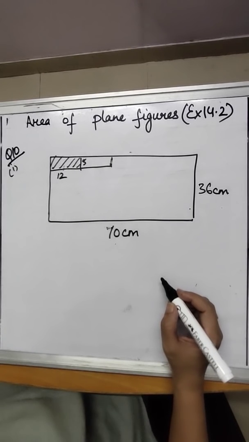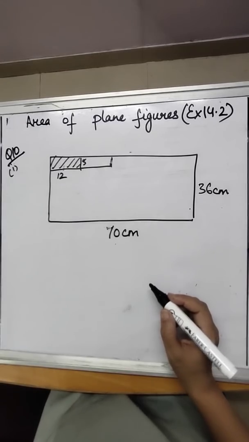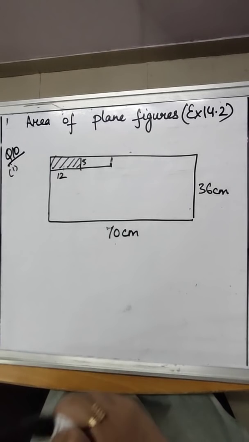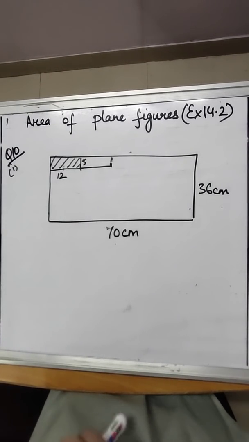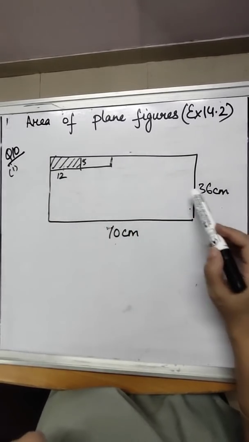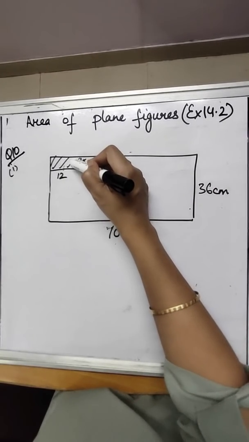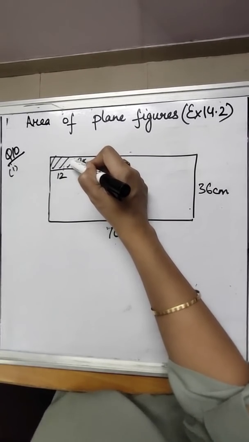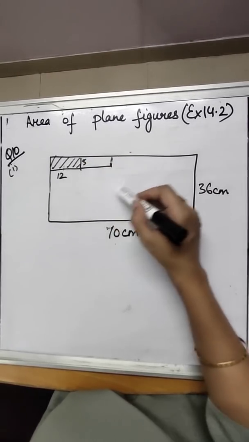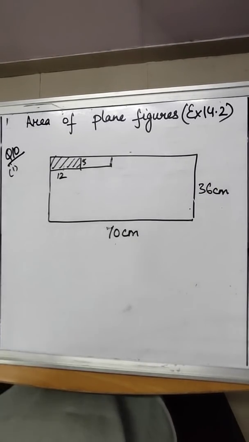To find out how many such tiles will be needed, it is simple: we have to divide. Since we are talking about this whole portion, this means we have to find out the area. We have to find out two areas. First we have to find out the area of this complete rectangular region, and then we have to find out the area of this tile, how much area it is covering. Then we will divide both the values, and we will get the number of tiles that are needed. Okay, now let's do the calculation.